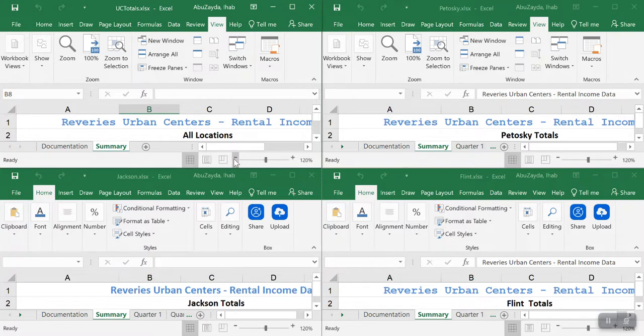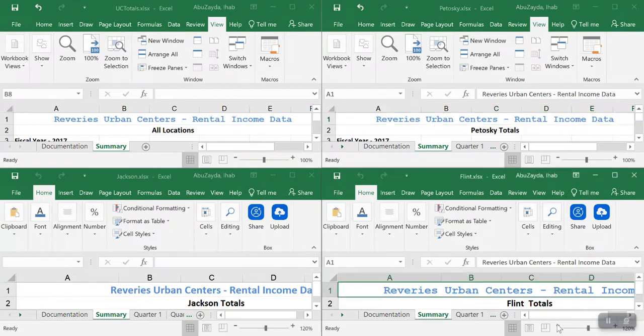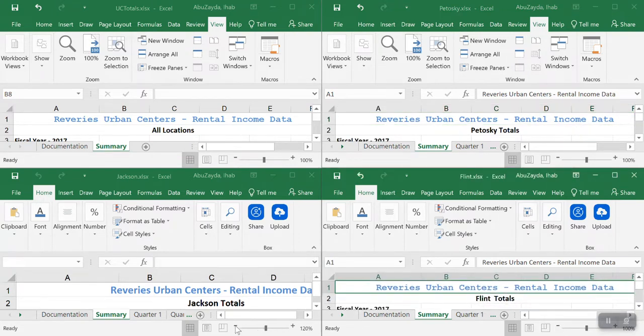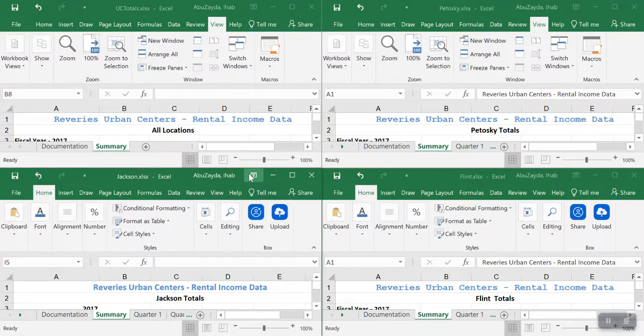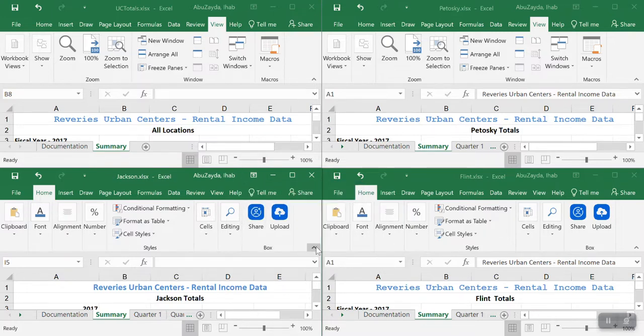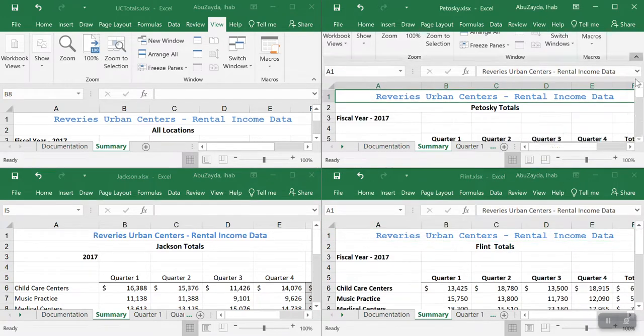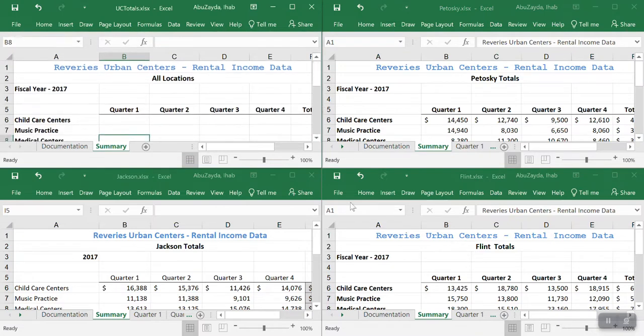To make things easier on me, I will zoom to 100% in each one of these workbooks. I will also collapse the ribbon. So auto hide ribbon, or actually let's collapse the ribbon from this portion. So we just see the tabs. And you see we have Jackson's location, Flint, and Petoskey. The order doesn't matter. You can have it in whatever order you want as long as you have these 3